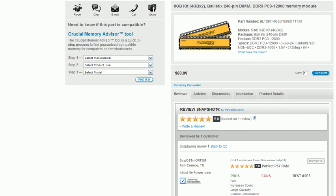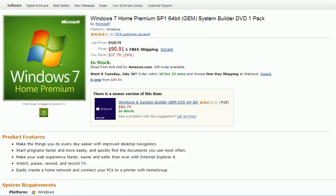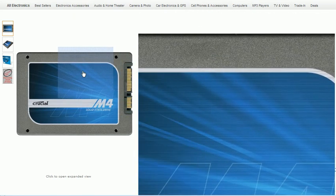And on top of that, a solid state drive. Because if I'm going to have a lot of memory, that's not going to help by itself. I would really love to have Windows 7 installed on a solid state drive along with my programs, so that I can boot up and run stuff lightning fast compared to what I've got now. What I have now does not seem slow, but I'm sure that if I compared it to a...